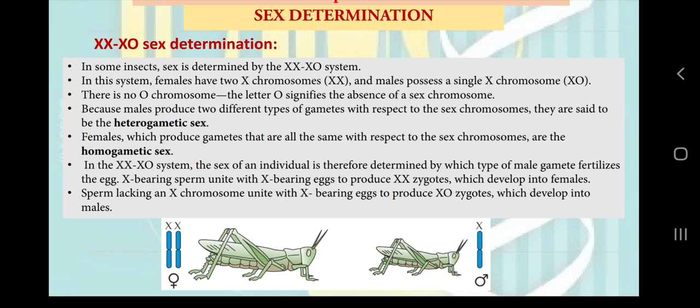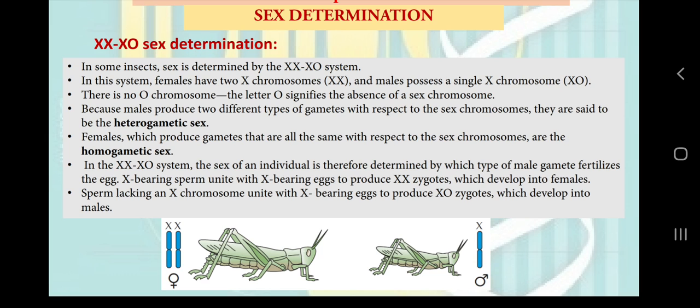So here you can note that both males and females have the same number of autosomes, which are non-sex chromosomes. In the case of grasshopper, if the female has 2 X chromosomes and the male has 1 X chromosome, it is very obvious that the male will ultimately have one less chromosome in the total number of chromosomes. So there is a question asked in the NCERT textbook within the text. I will discuss this later also.